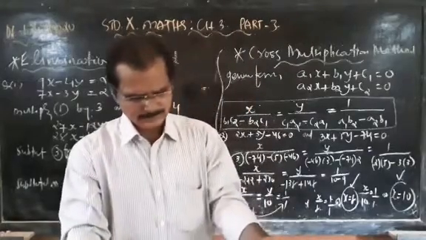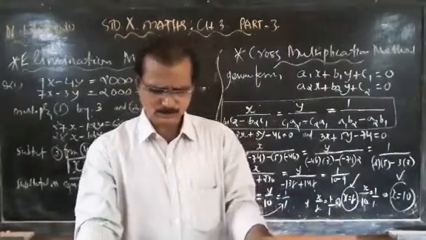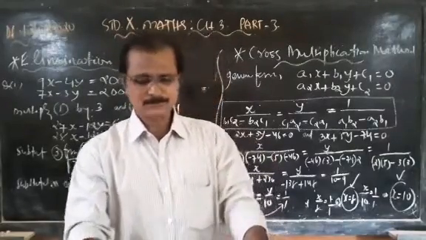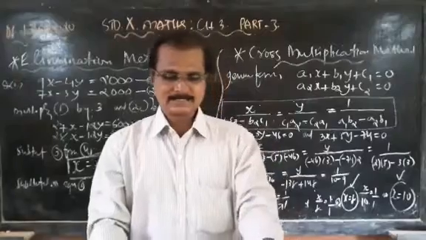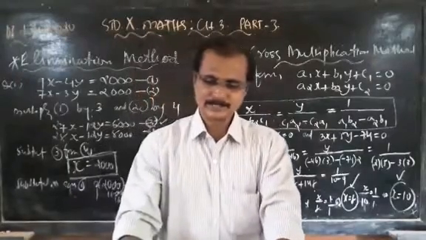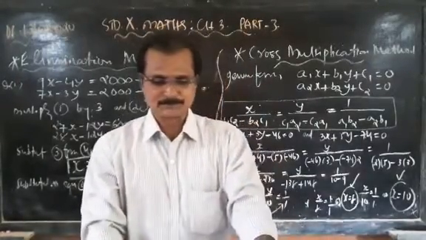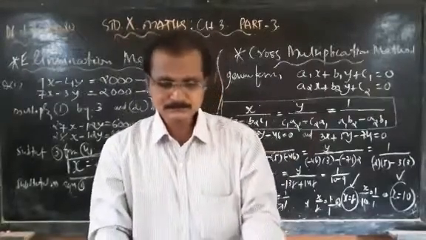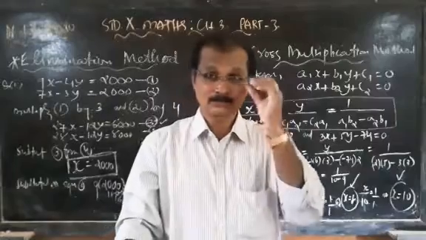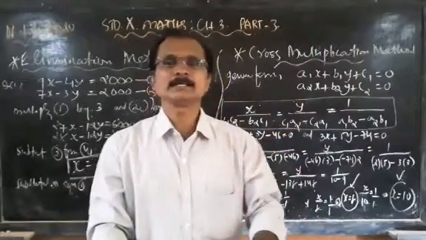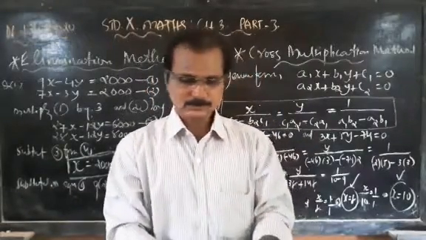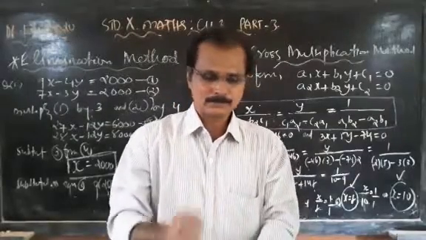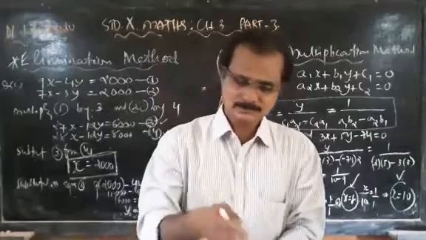A boat goes 30 km upstream and 44 km downstream in 10 hours, and in 13 hours it can go 40 km upstream and 55 km downstream. Determine the speed of the stream and that of the boat. It's very important. It was asked in the preliminary exam in 2020, so it can be asked in the board exam too. It's a very important question. It is already solved in the textbook, where equations are made and solved.